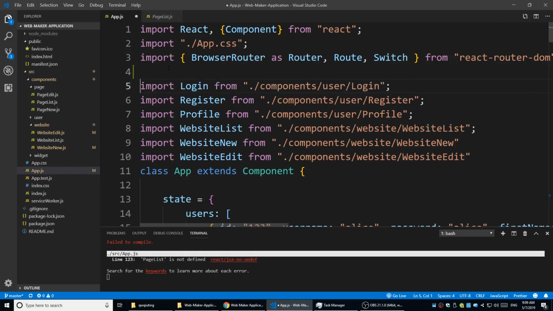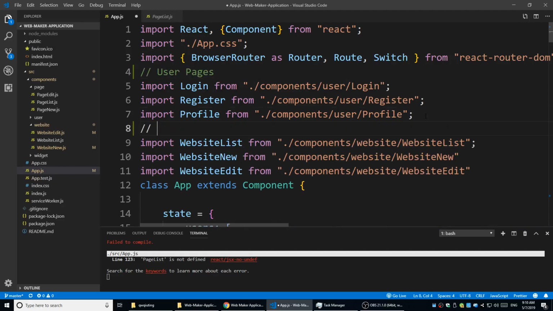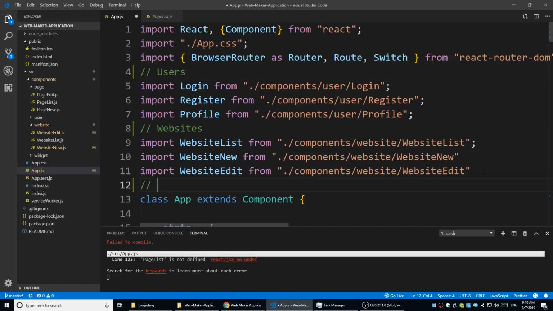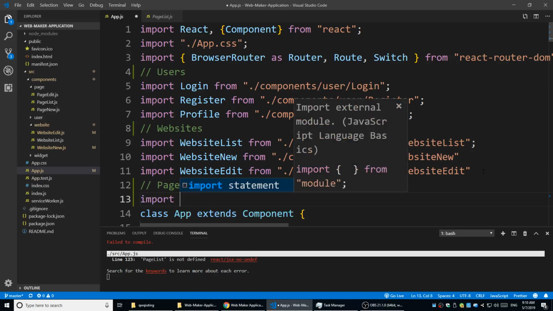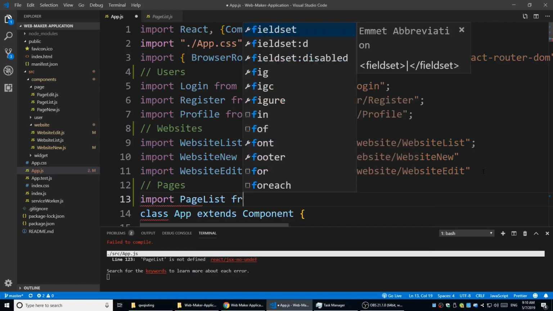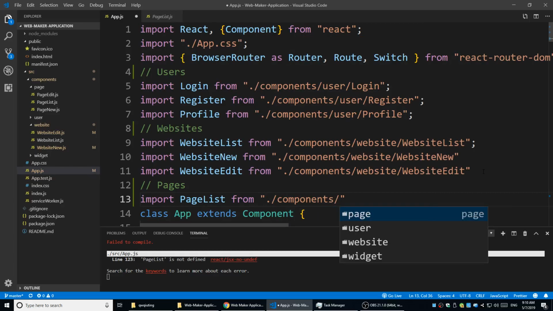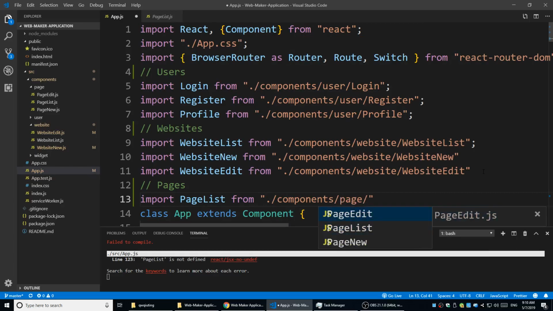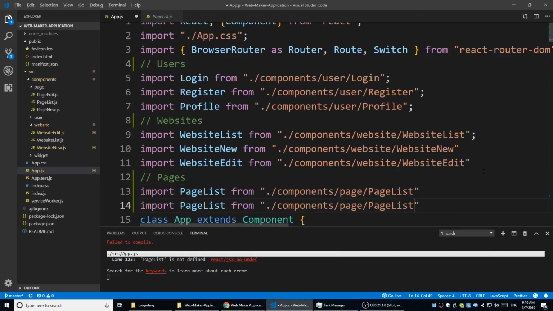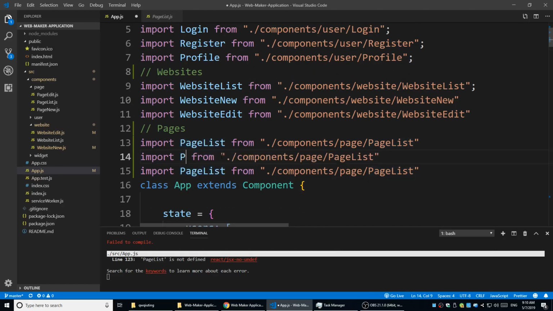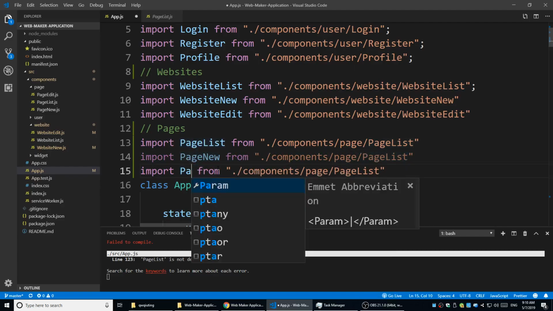Let's add some comments. Those are the user pages and websites. There's the users websites. And let's go ahead and import the pages. So I'm going to have import page list from the components folder, pages folder, and the page list should be inside here. Yeah, page list. Let's keep going. Import the page new and page edit. Let's import those